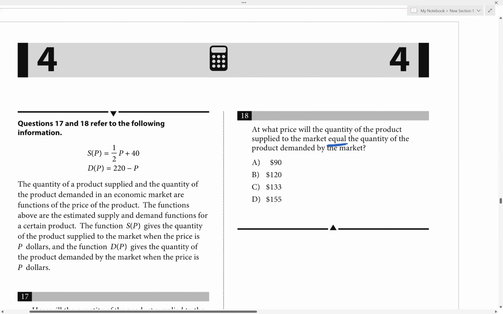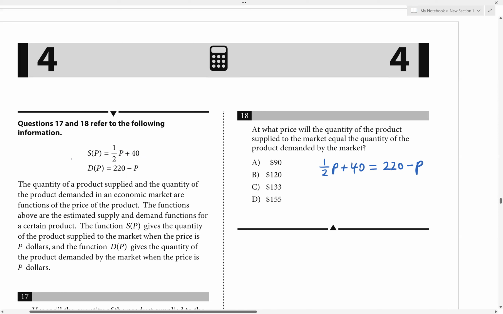And we know the first equation is a supply function. The second one's a demand function, and we want them to be equal. So we can just go ahead and set them equal to each other, right? So we'll take the two functions and just say 1/2 p plus 40 should equal 220 minus p, like that. Okay, so we'll set them equal to each other, and then we can solve for p